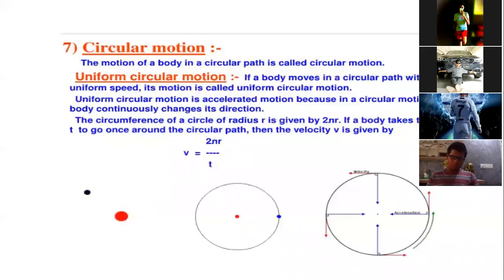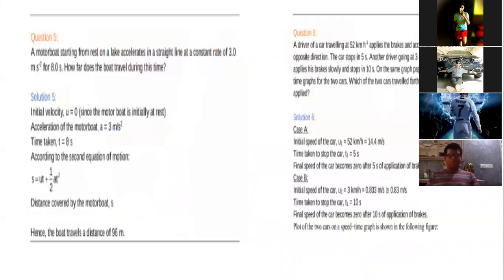particular equation you have to use? Again, get back to the question. Just see the given values. You have u, you have a, you have time. So there is only one equation for S where you have u, a, and time. So S is equal to what? Which equation? I'm using the second equation which I have found.